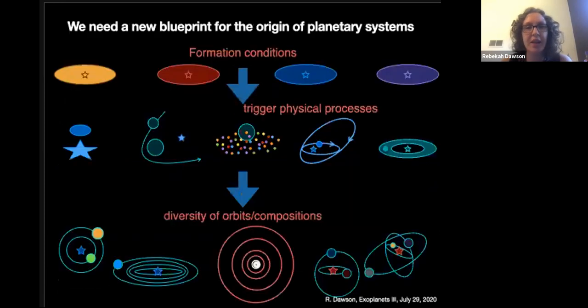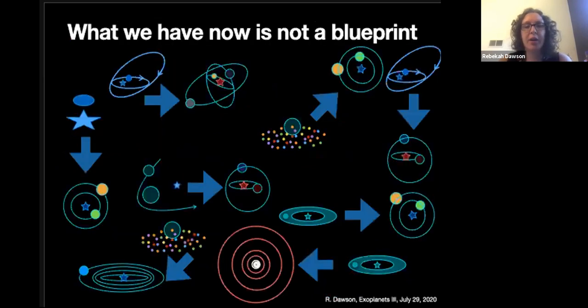And that means we need a new blueprint for the origins of planetary systems that takes us from the formation conditions to the different physical processes they trigger and that lead to the diversity of orbits and compositions that we observe today. What we currently have is not really a blueprint, but a bunch of theories and lively debate over them. I was going to describe it as a cookbook, but a cookbook doesn't usually have a bunch of recipes